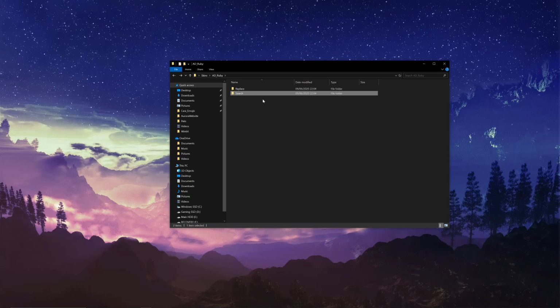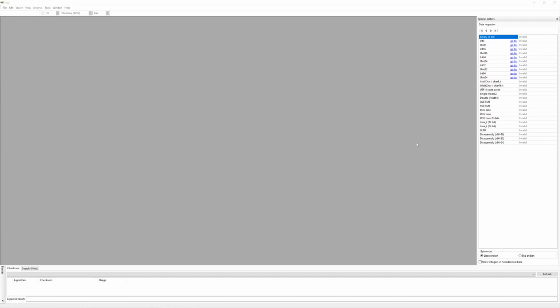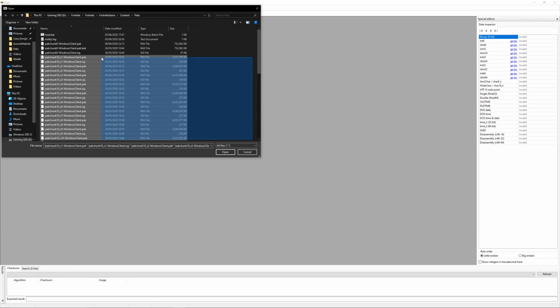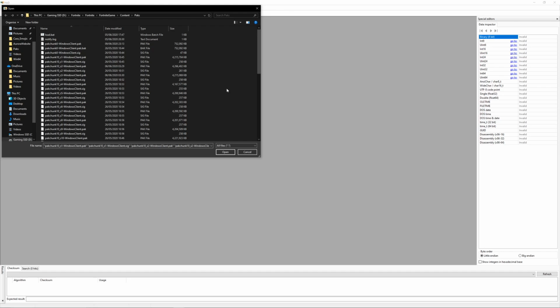Now essentially what you want to do next is open up HXD. Now once you have opened HXD, the first thing you want to do is go to file, open, go to your Fortnite directory, and then open up one of the packs. Now, custom skins, the skins can be in any folder. I have no idea how the pack thing works, so kind of what you want to do is open up each pack individually and search for it. I'll show you how to do that in a second.